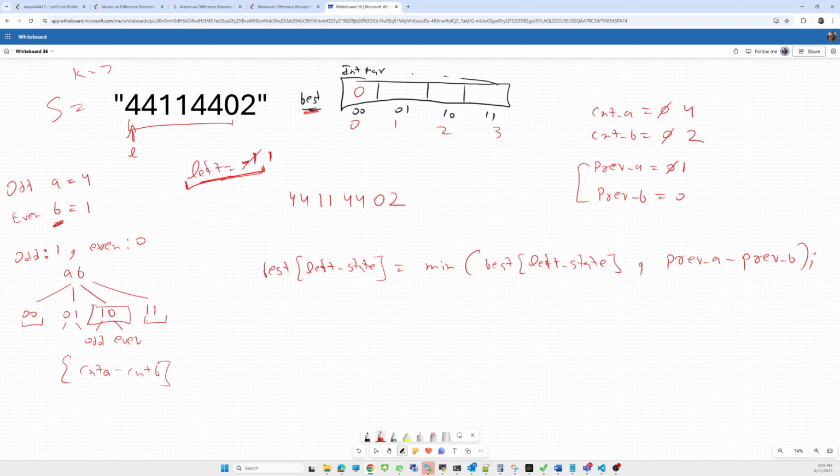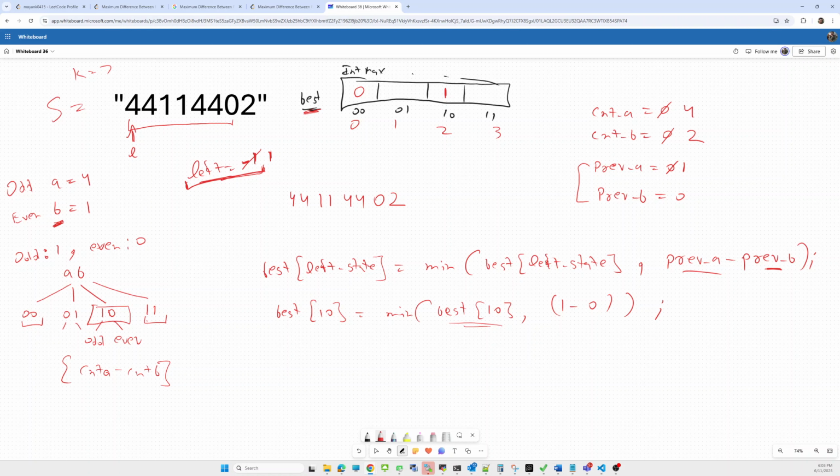So best of 1 0 will be the minimum of best of the left state 1 0 and the previous state, where the value will be 1 minus 0. This one will be the previous state of a and the previous state of b. We have to take the difference. What will be the difference? 1 0. So we have to update this 1 0 from 1, minimum of, because currently it is int max.